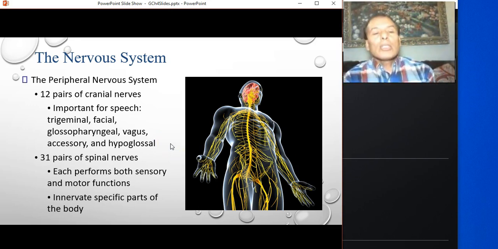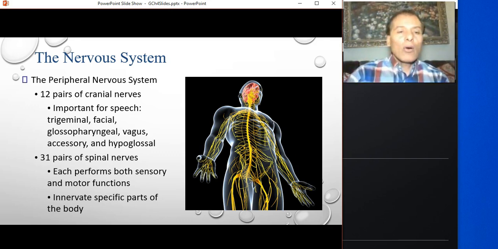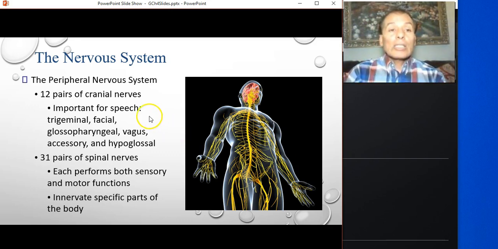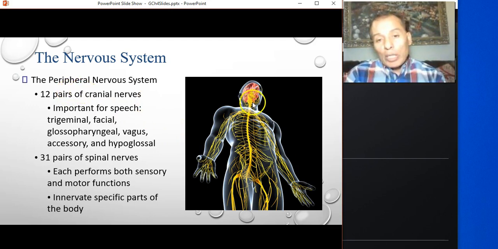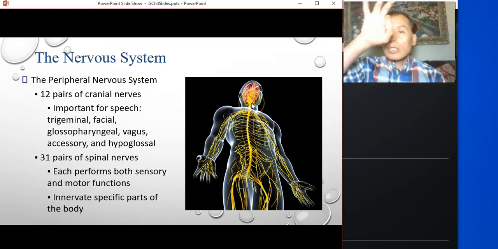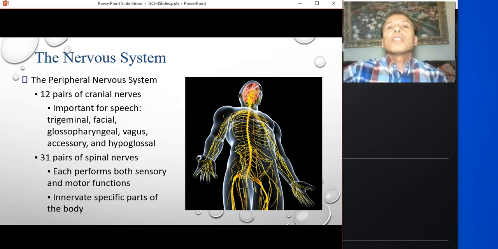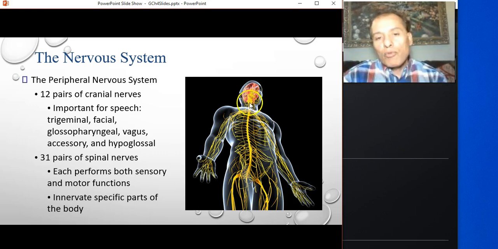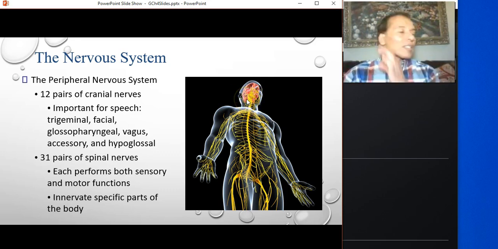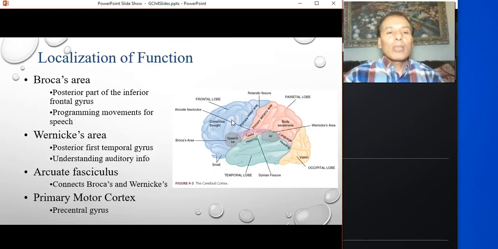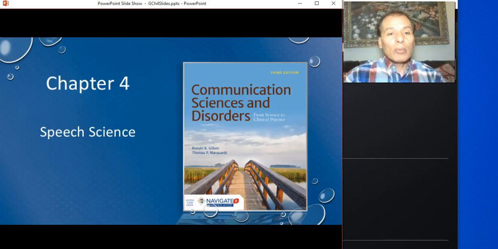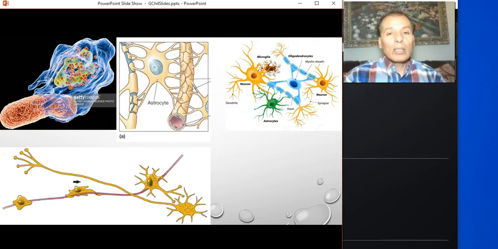Okay, so these were just highlights of some of the structures of the central nervous system. Now, the peripheral nervous system basically consists of all the cables, all the nerves that branch out of the spinal cord and the brain stem. Inside of the skull, along the brain stem, I can show you from the beginning. Where is it?